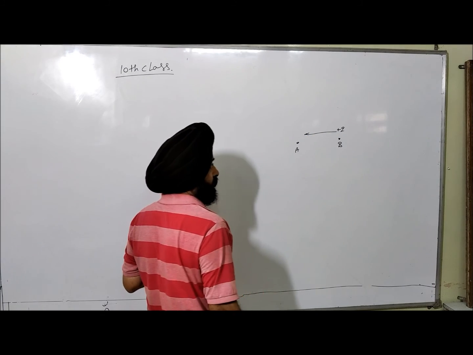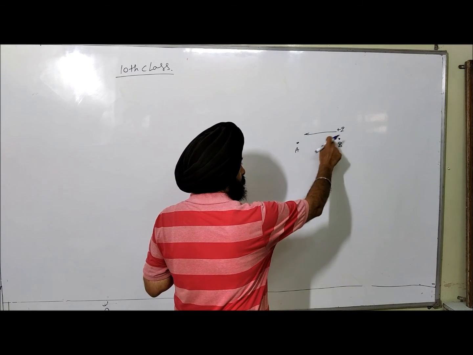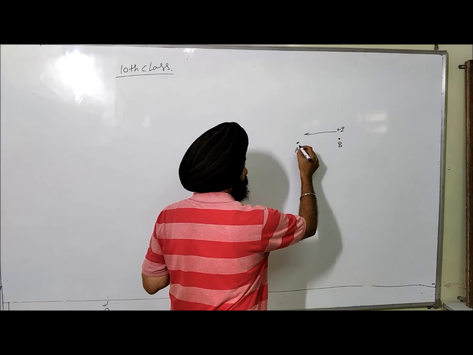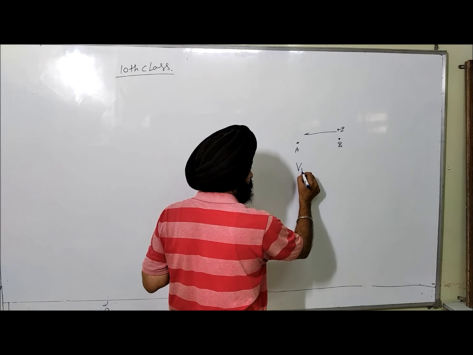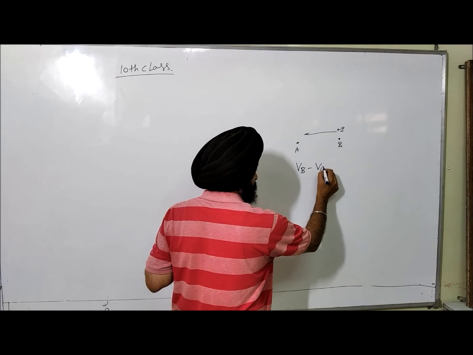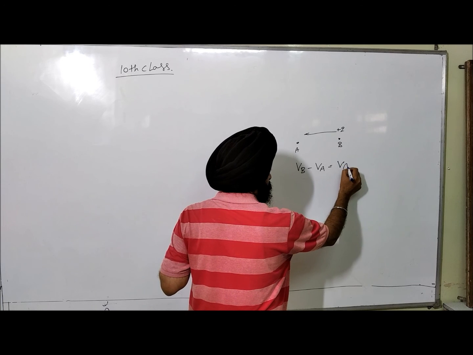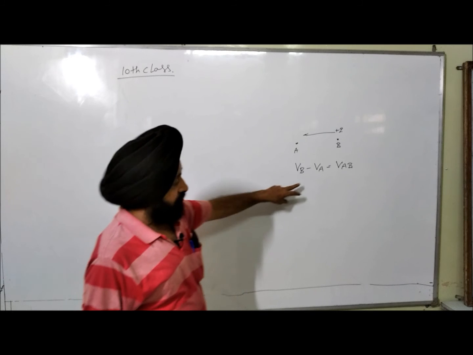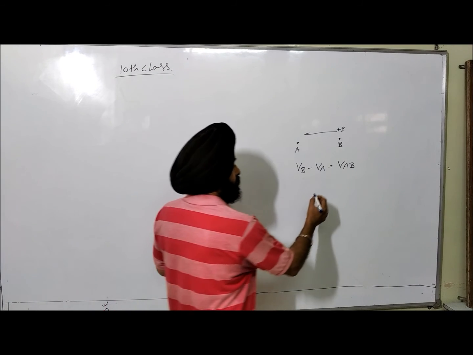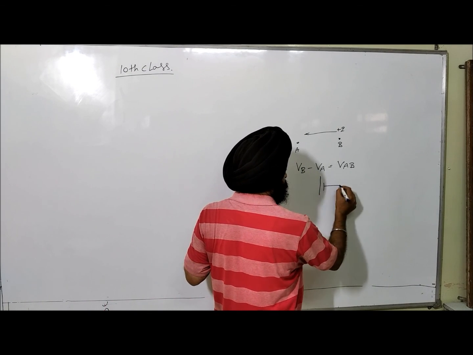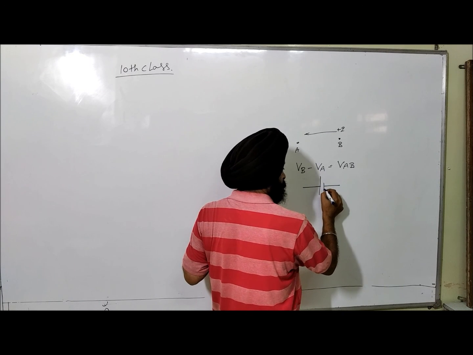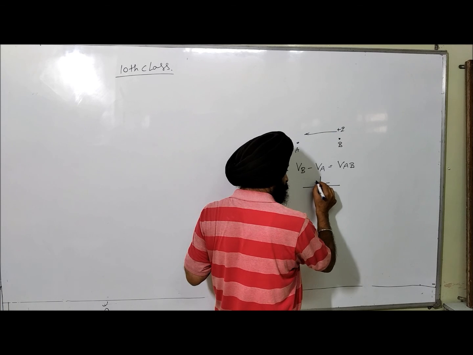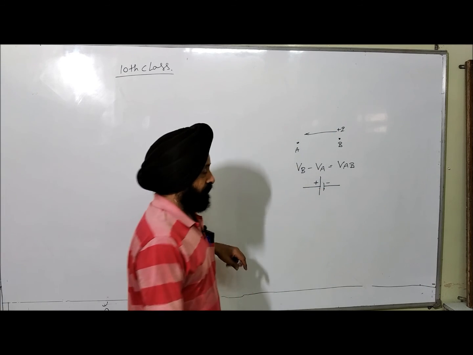So the total work done on the unit charge to bring it from B to A is called the potential difference between the points B and A. It is provided by the battery, which is denoted by one short line and one long line, where the long line is positive and the short line is negative.